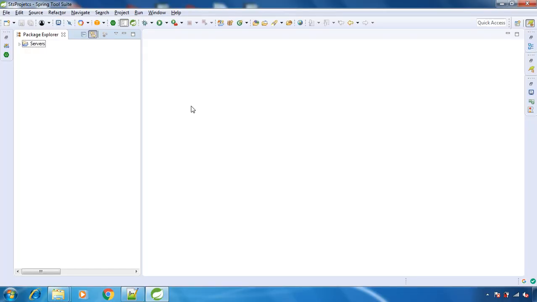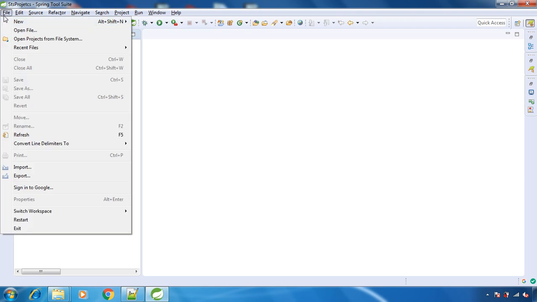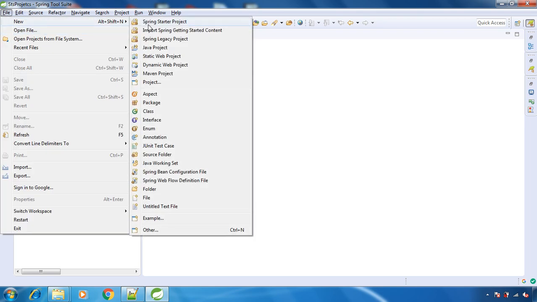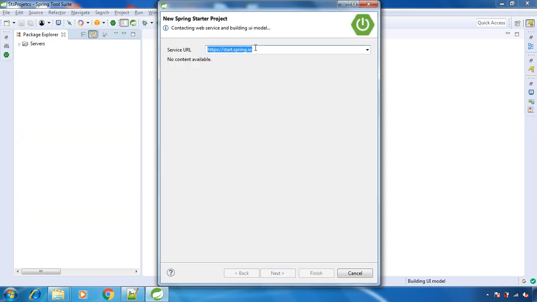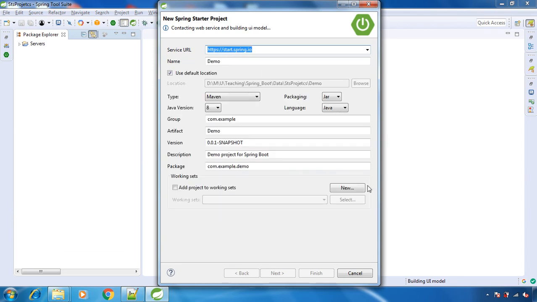Hello and welcome back. In this lecture, we will create our very first Spring Boot application. So just open the Spring Toolsuite and go to File, New, and select Spring Starter Project. Here you need a working internet connection on your machine because we are going to use Spring Initializr, and this is the URL. You can open this URL in your browser as well, and create the Spring project there too. But we are going to use STS, Spring Toolsuite.